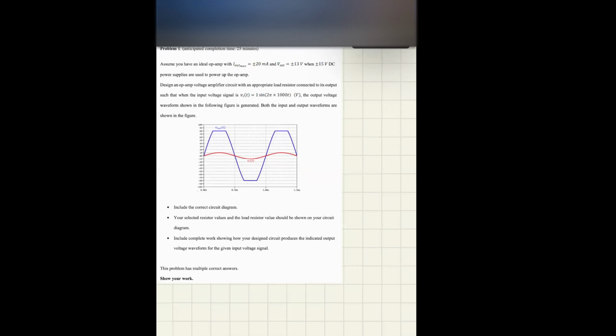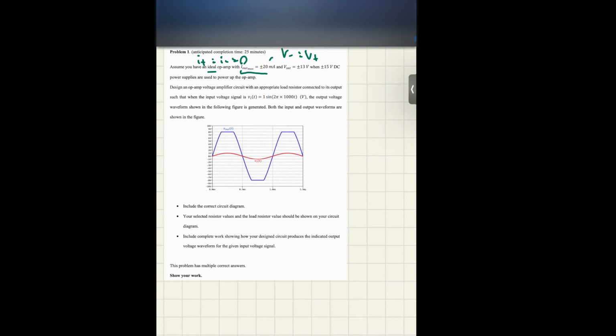So let's get started. Number one, we have an ideal op amp. Ideal means that we're going to have I plus equal to I minus. It is going to be equal to 0, and we also know that V minus is going to be equal to V plus. We know that our I out max is plus minus 20 milliamps,